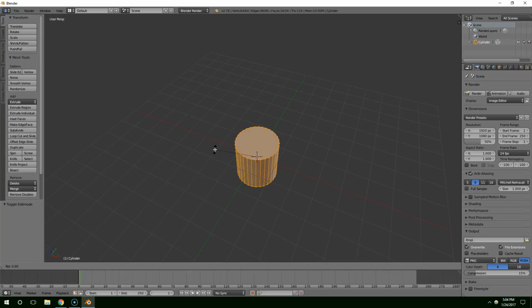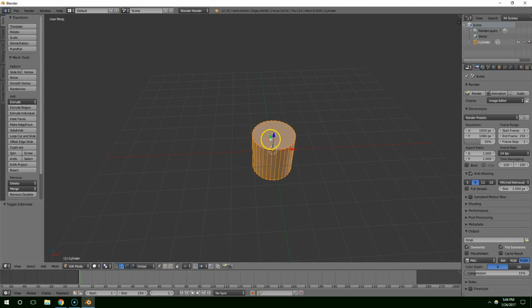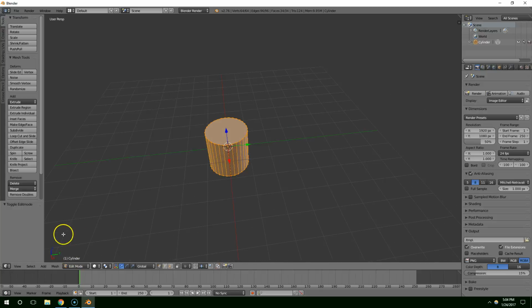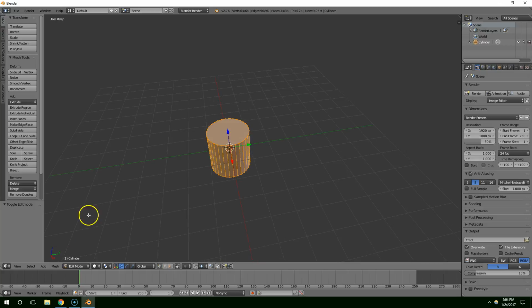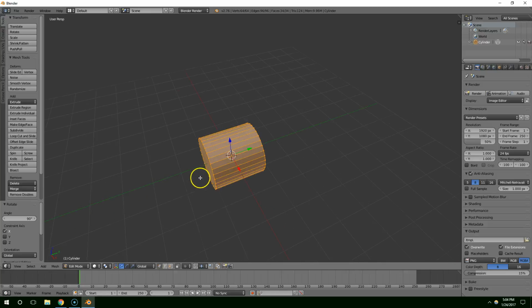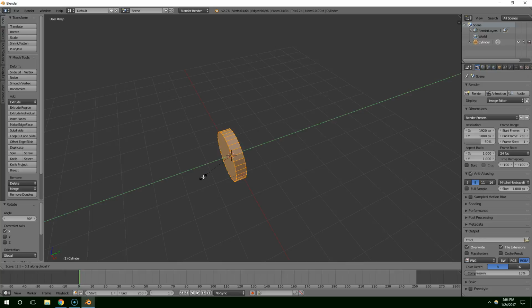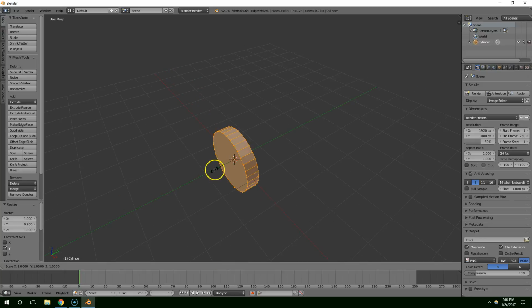I'm going to hit R. I want the negative y-axis to be the front of this turret, so I'm going to rotate it around the x-axis. RX 90, and then I'm going to hit S, scale on the y-axis by about 0.2, and let's make that a little bit wider. S, Y, bring that up to about there,